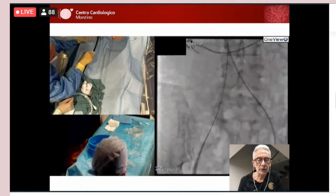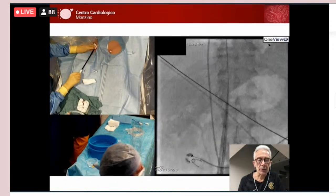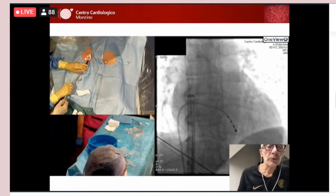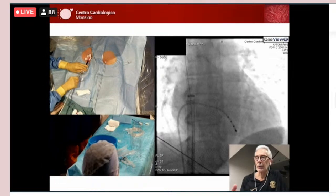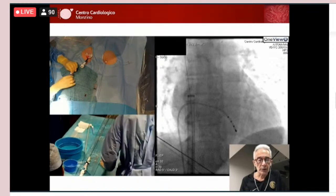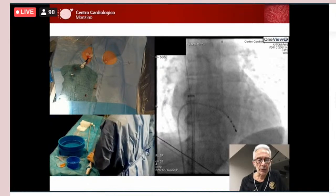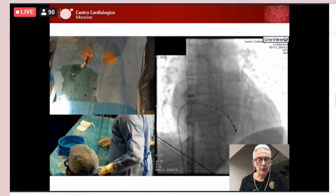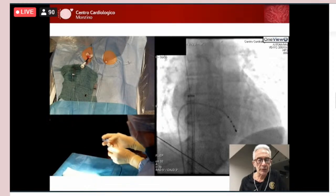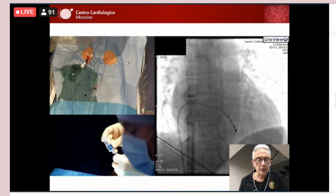the inferior vena cava. We need just to proceed quite gently across the skin and all the way up in the inferior vena cava. Once we achieve the right atrium, we pull the guide wire and the dilator out, and therefore we are ready to advance the Aveir ventricle. The Aveir ventricle is not pre-mounted, so we need to attach the device to the assembly. And here we have the example of the device over here. So we attach the device at the tip of the assembly as to make sure that